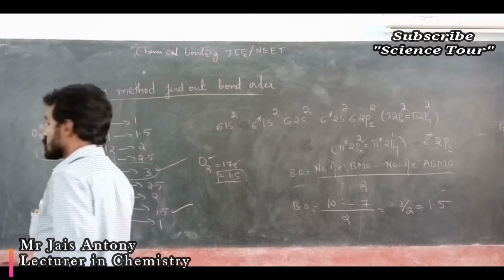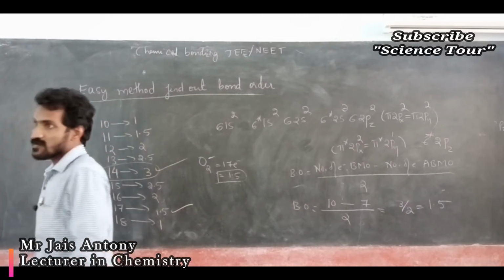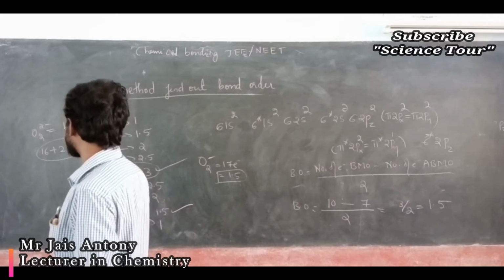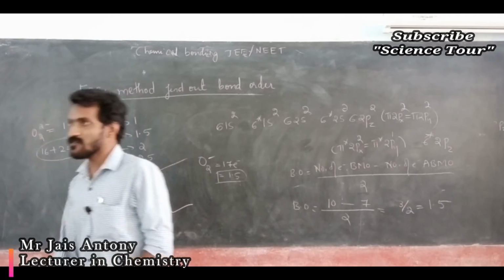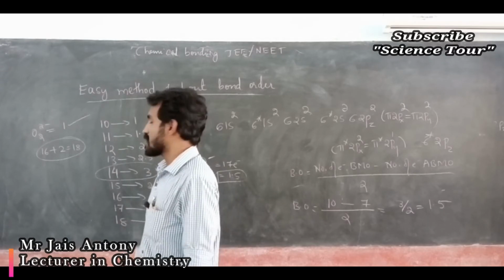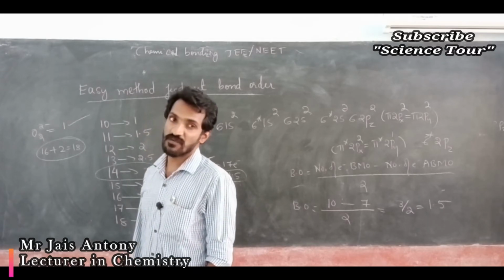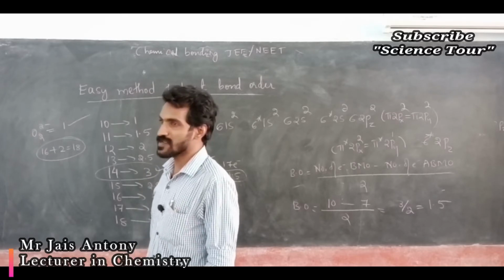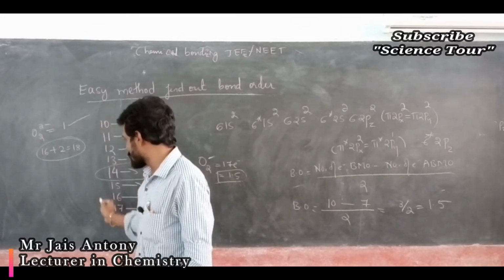Okay. In this one, 12 electron is there, means 2 is the bond order. So in all this case, 10 electron is there, total number of electron is 10, then bond order is 1. 11 electron is there, it is 1.5 is the bond order. Understood? So no confusion regarding this particular. You just learn this one by heart.